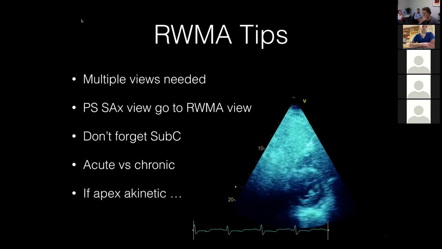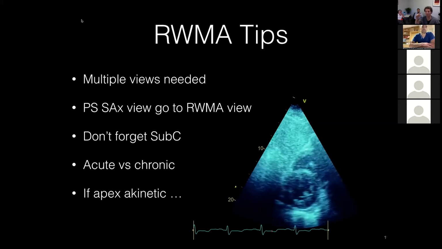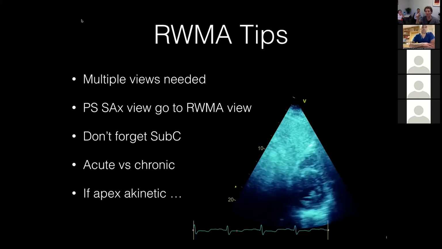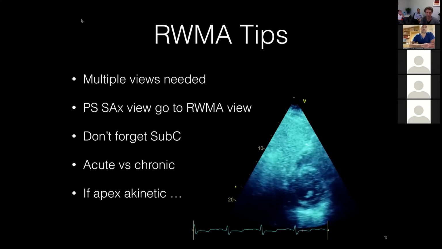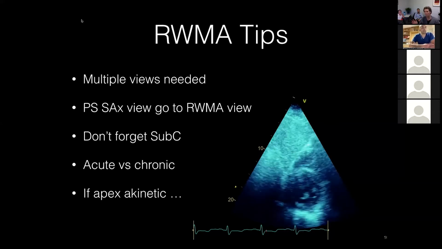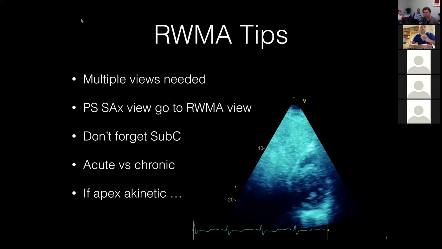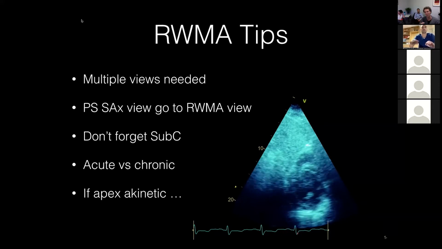It looks hyperechoic. So acute is something that's not moving, but it's the same thickness as other parts of the myocardium. Chronic, it would be thinned and echogenic. Hatton, what do I mean by if the apex is akinetic, and this is just tips and tricks, if the apex is akinetic, complete the